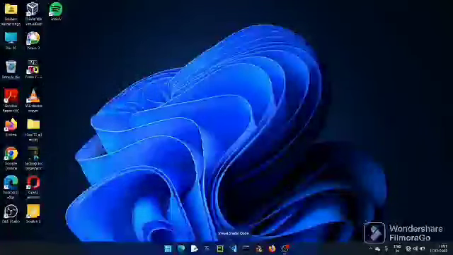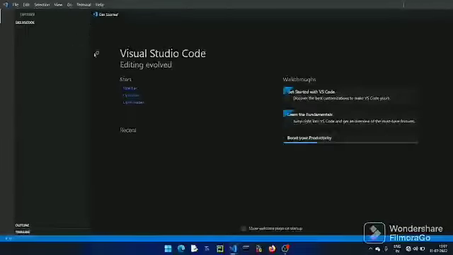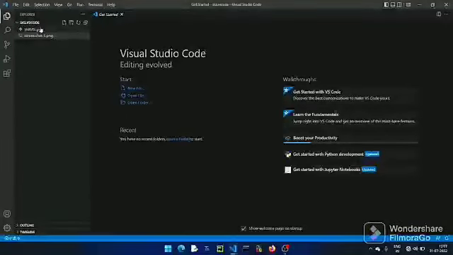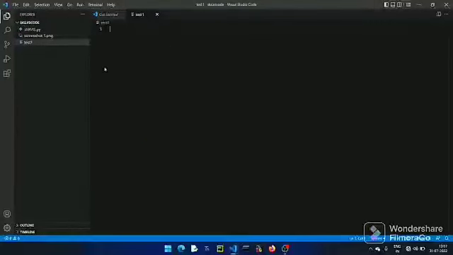This is my Python coded Visual Code. Let's open it. After that we have to create a new file. Name the file, that is test1. In this text area we have to write our code, that is